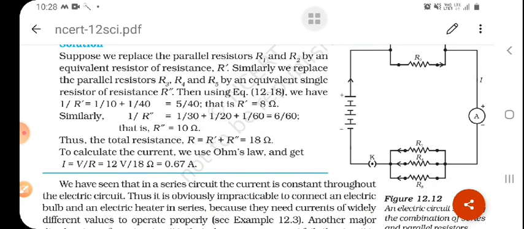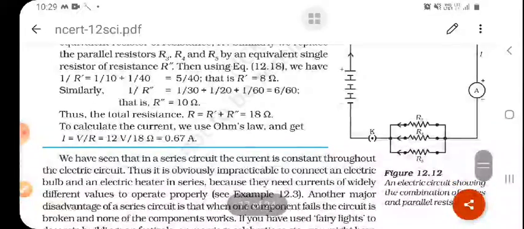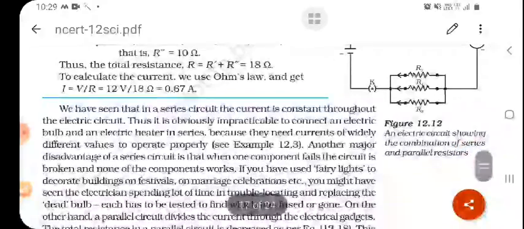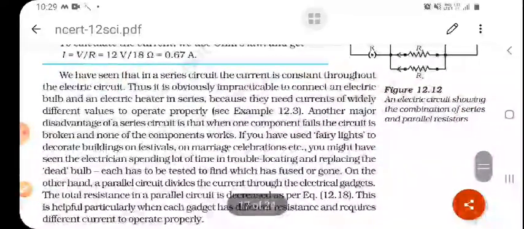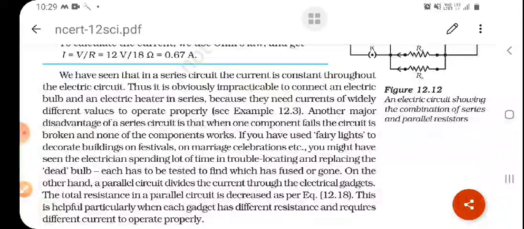But when we calculate the total resistance, R dash and R double dash are connected in series, so R dash plus R double dash, which is 18 ohms, is the total resistance. The total current through this circuit is total potential upon resistance, that is 12 volt upon 18 ohms, equal to 0.67 ampere. So we have seen that in series resistance the current is constant throughout the electric circuit,